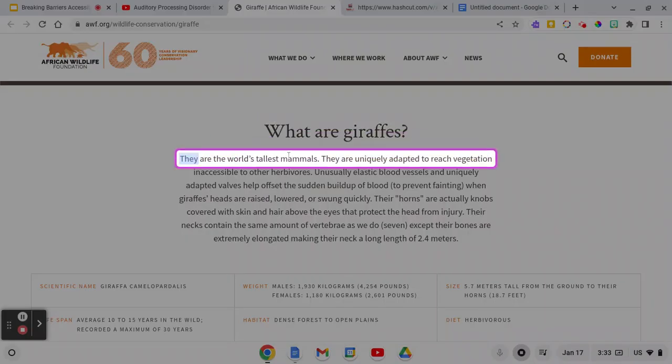What are giraffes? Down below the purple box, there's a stop and a pause and a speed up and a